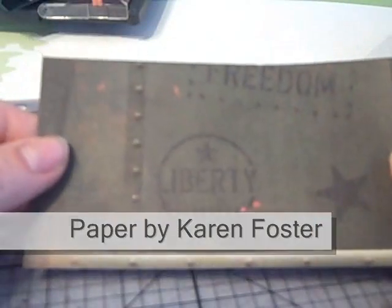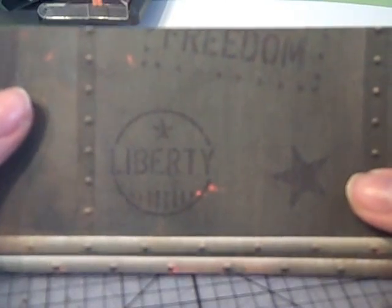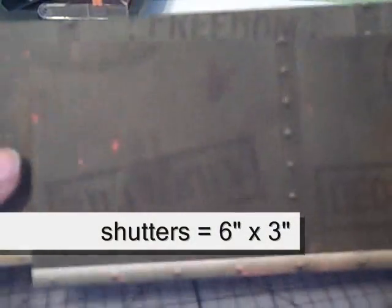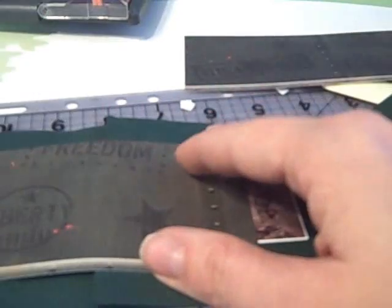These are my inside panels that I'm going to use, and the most important thing about these is that they should be a lighter weight piece of paper than your cardstock. They just work a lot better, and they come together nicer, and they work if they're not as heavy as a regular cardstock. The measurement on these is 6 inches long by 3 inches high, and you need 2 of those. Next part of this